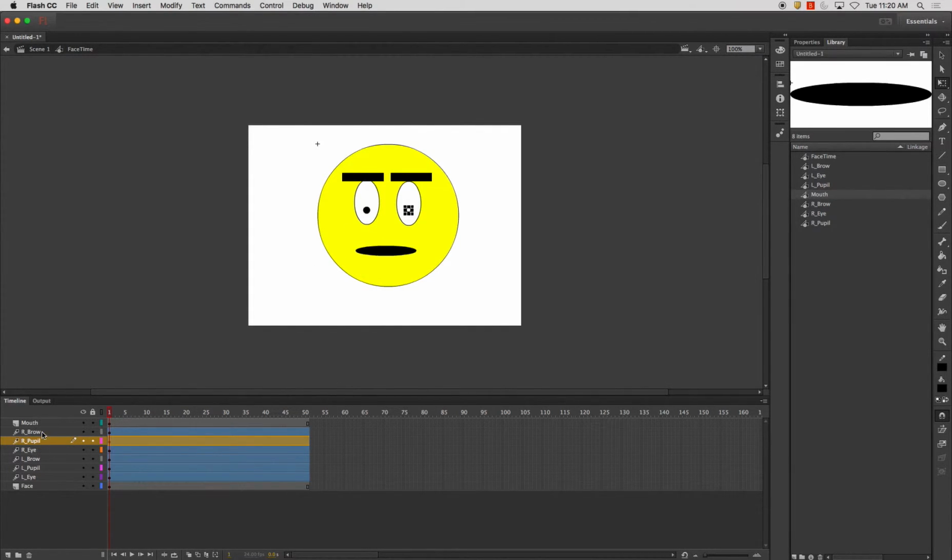pupils, I could animate these together if I'd like, simply by shift clicking or command shift. And I'm using a Macintosh, so I'm holding command when I select it. And then scrub out to, so I don't know, frame 8. Go ahead and just animate these out of the way, going over to here. Now for the eyebrow, I'll go out to the same frame, rotate it down. Eyebrow, rotate up. Mouth, create a